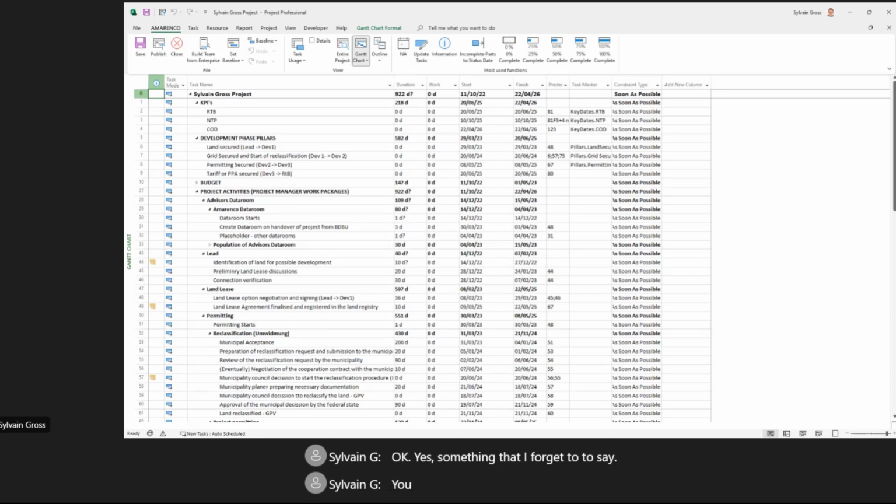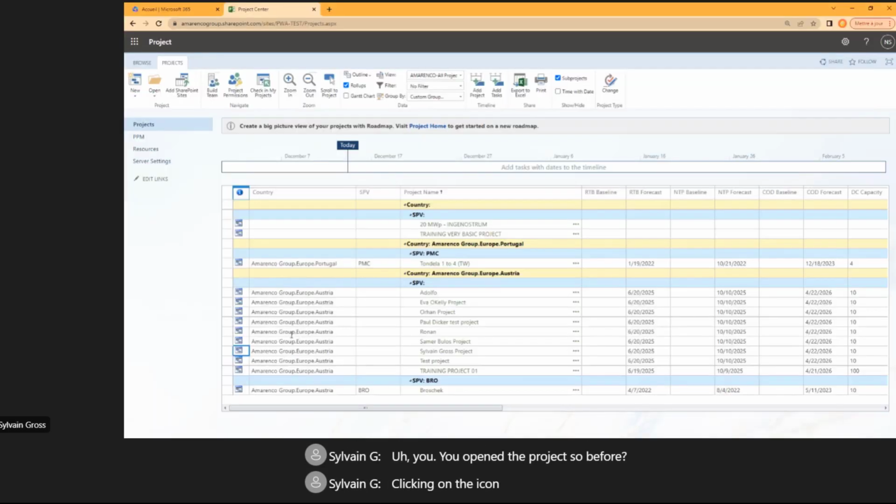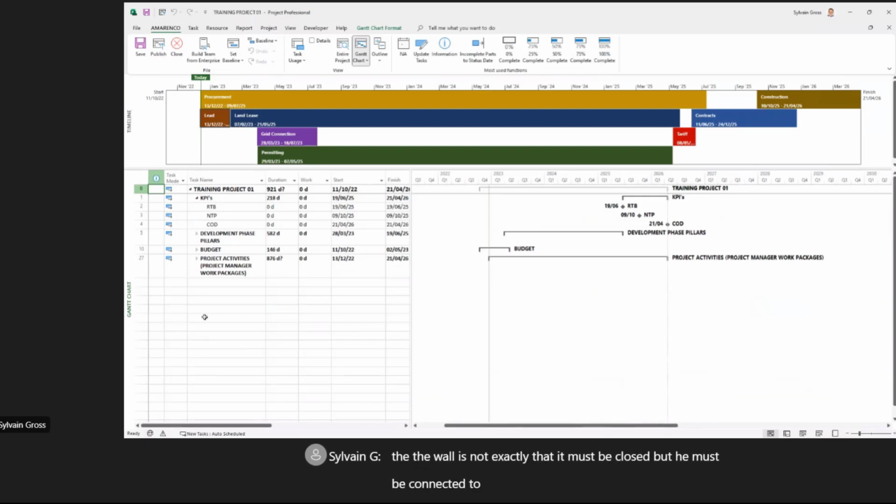Your MS Project should be closed before you open the project. So before clicking on the icon here, your MS Project should be closed. The rule is not exactly that it must be closed, but it must be connected to the